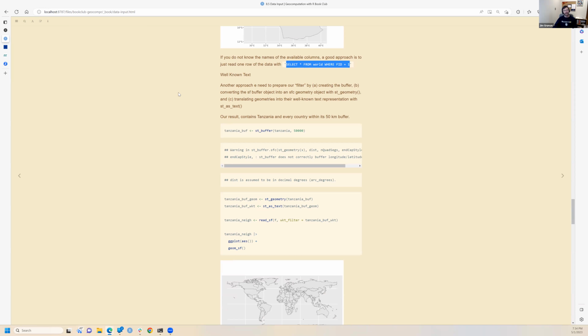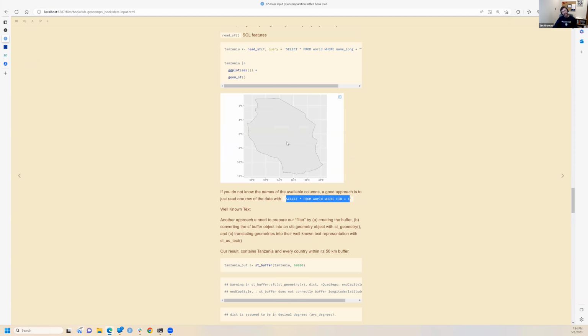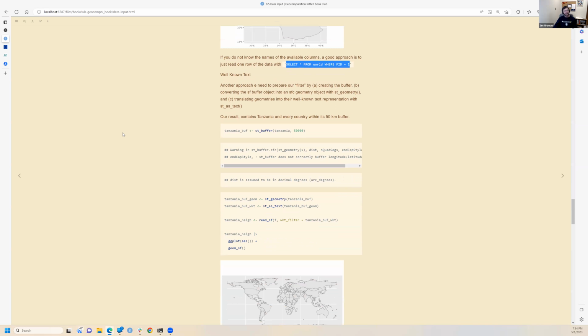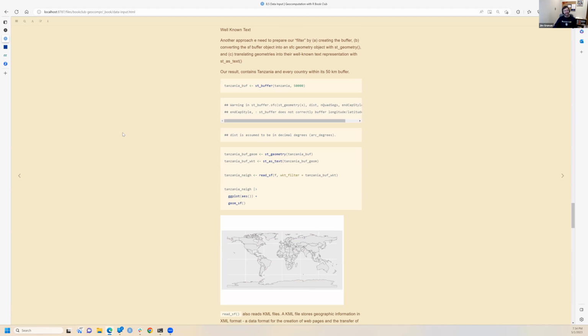Another approach, maybe we're interested in this map, but we want the neighbors. Like we want to understand where this is in the world in the context of its neighbors. And so what the author's done here is created a buffer around that object